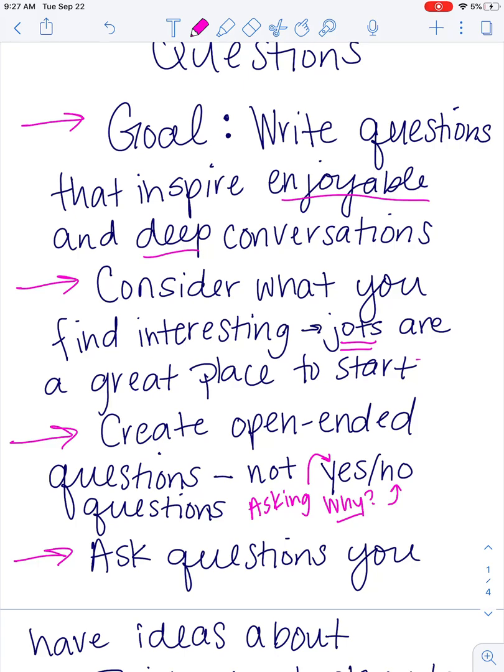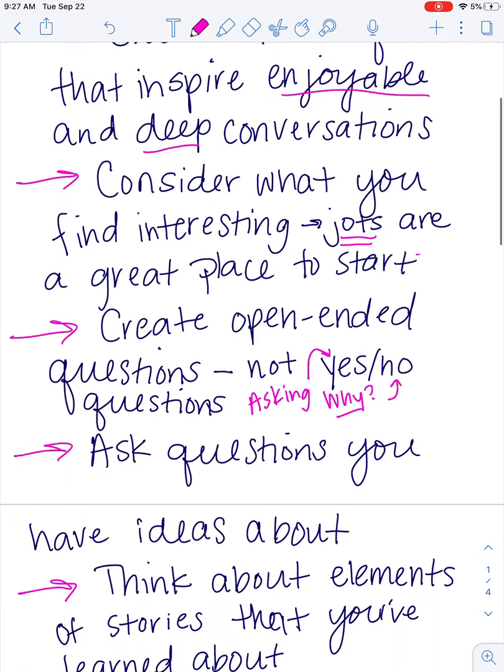If you have absolutely no idea about a question, it doesn't seem relevant to the book, don't ask that question. So you should have some inkling that this is going to be a relevant question, that it's going to be an interesting question, that you have something that you can say about it. Because if you have something to say, chances are other people might also have something to say. If you're like, I have no idea what anyone would say to this question, don't ask that question.